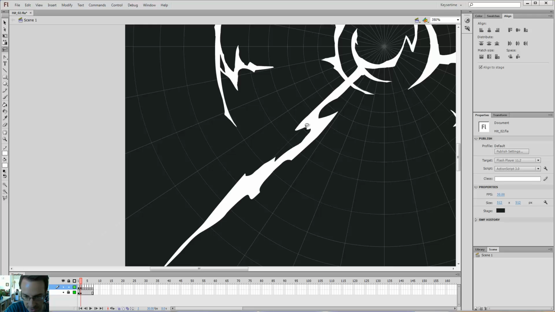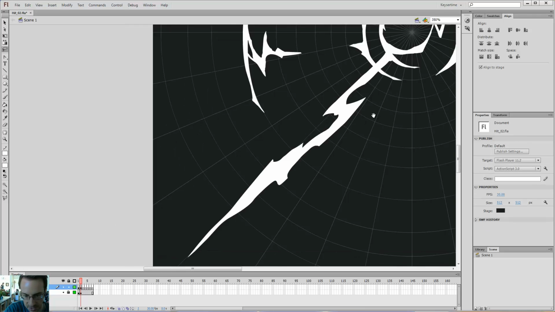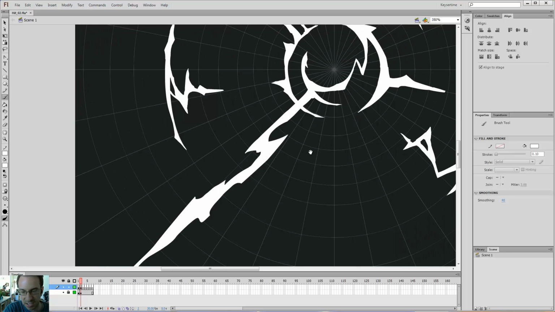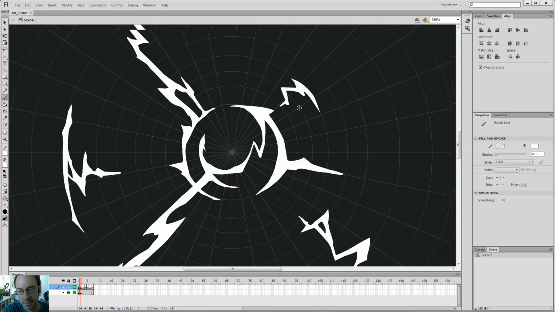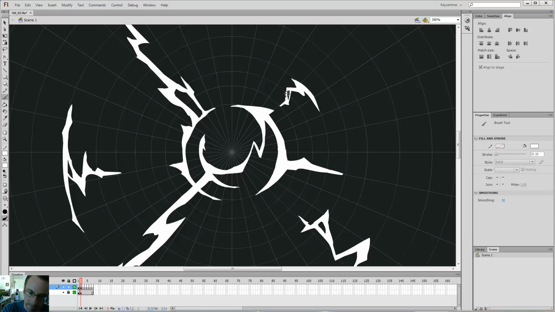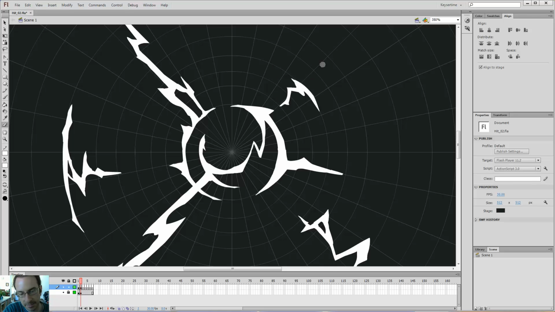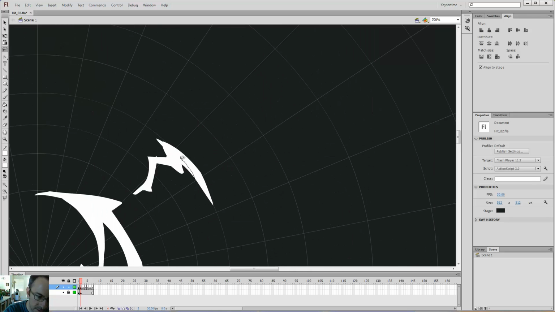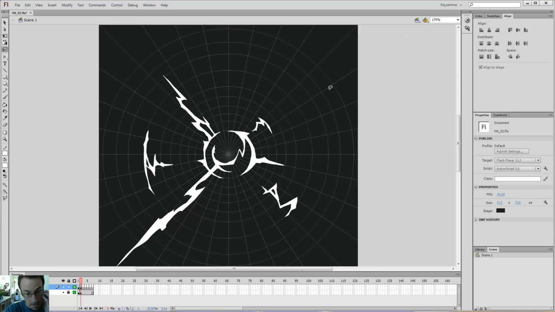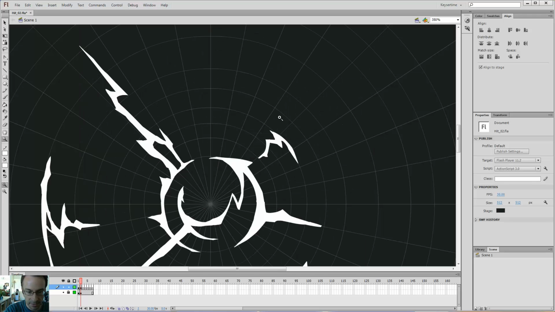So we got some shapes here that need some sharpie sharps. Make it look dangerous. I kind of like the little wobble in this here. I mean, every now and then, leaving that little curve like that, it's okay. Just add a little bit of life to things. Right? I kind of like the little guy that I've got right here. Maybe just tighten up this a bit. Use the lasso tool in here, carve that out, and there we go. So yeah, I guess good news is I've got two shapes that I like,